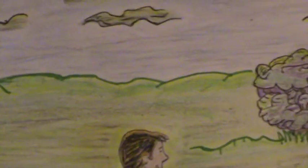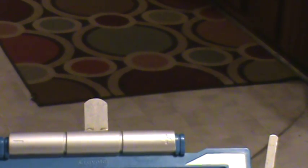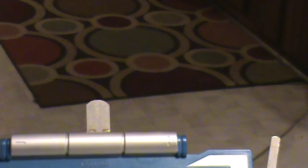One more thing, or I would turn this off. There is one more thing to show. First, let's see here. I will show you the shirt I'm wearing, and then there was one more thing. I drew 2 other pictures, and one of them was frogs, and when I was drawing the frogs, a funny thing happened. I got invaded by frogs in my trailer. 5 times there was a frog that got in, and one time I took his picture, and I'll show you